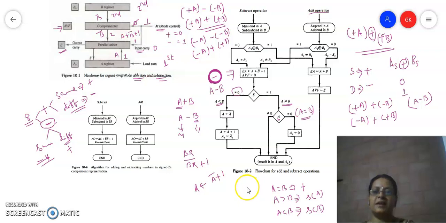This completes the discussion of addition and subtraction operation. We have discussed the hardware requirement. We have discussed where the operands will be initialized, and how the actual operation will be implemented by seeing this flowchart. So if it is asked in the examination, you should be in a position to explain the hardware setup, the algorithm, initialization procedure, and also how the exact operation will happen with the help of this flowchart.